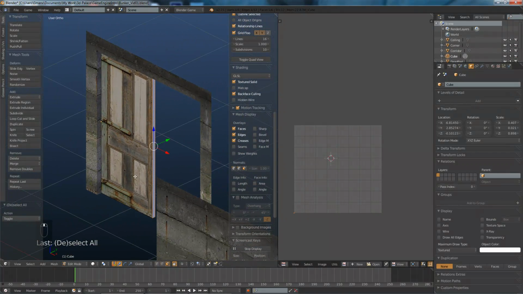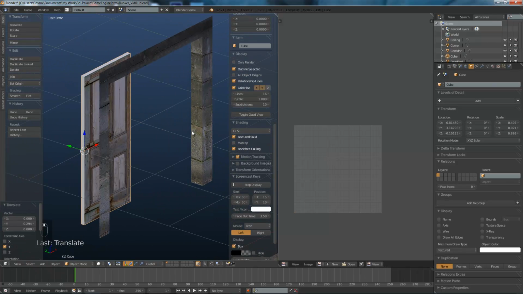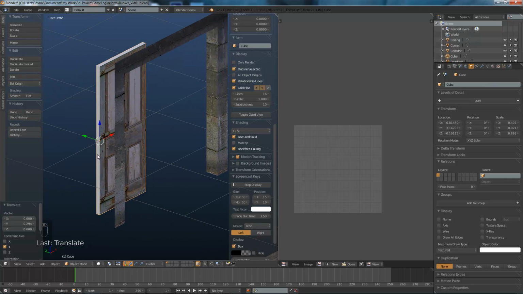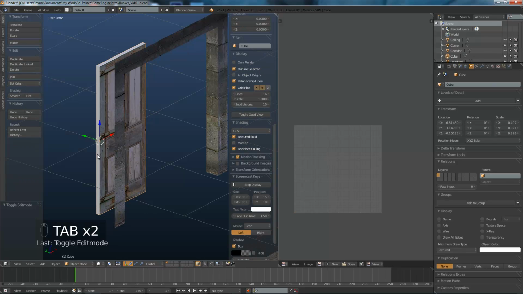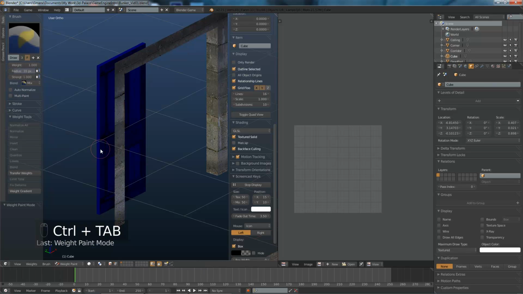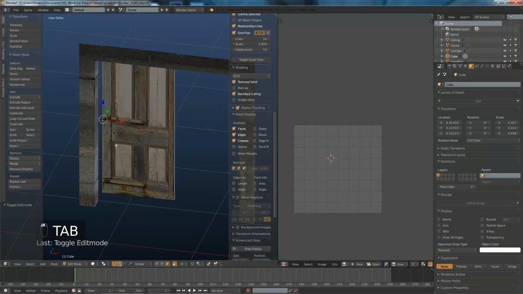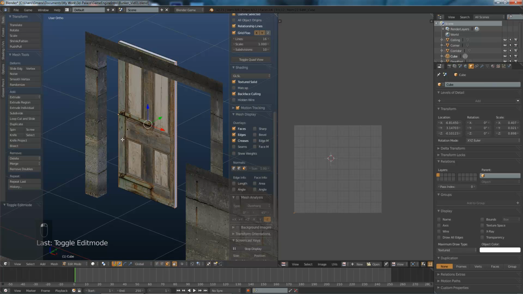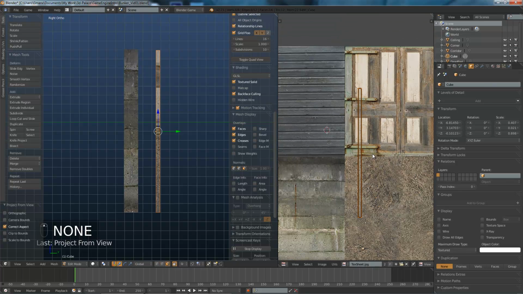So what we need to do is we need to see both of those. So I'm just going to move it there for a minute so we can see it. So tab mode. What I did there was, instead of hitting tab, I hit Control Tab, which goes to weight paint mode, which is not what we want. So tab, select that face, shift select that one, and go to our orthographic. There we are. And U, project from view, open the texture sheet, and